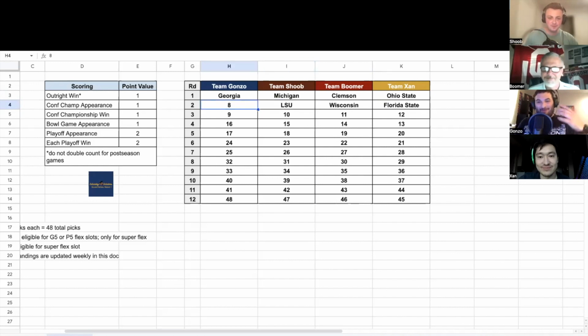No, let me just give a brief word. Shoob, you drafted a great team here. I mean, they have a very good chance to win the West, and you have to win the national championship. If that comes true, you've won the draft right there. Yeah, I just think LSU has so much upside, and I'm really liking this pick. I like that they fell to me at 7. I think there's value. I had them 4th overall on my big board.